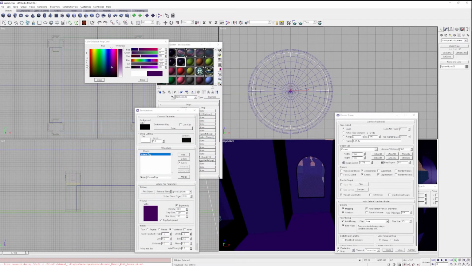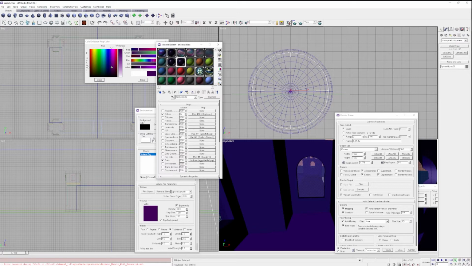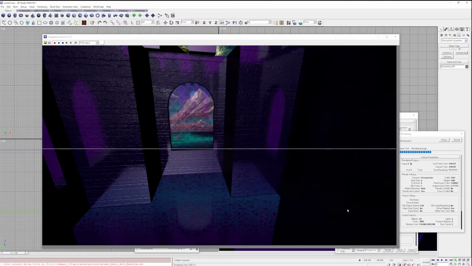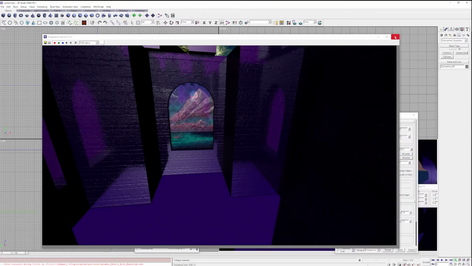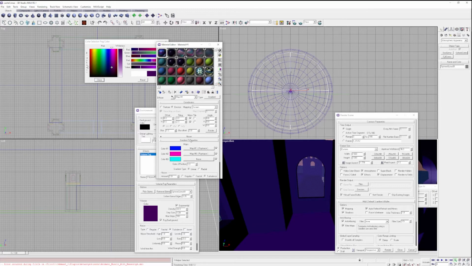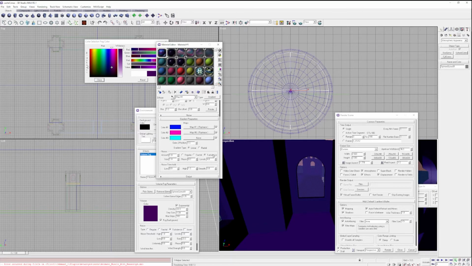The only thing that we might be missing now is that floor is a little bit oversaturated. We must fix that under our material editor. So that material must be this, I think. What is this material? It's important to name your materials so you don't forget what everything is. Alright, that must be it. Okay. So we're going to